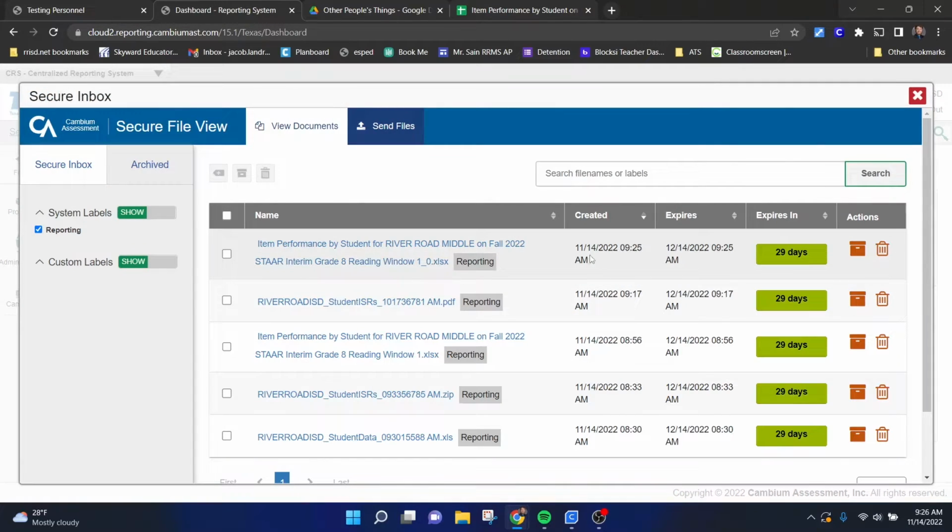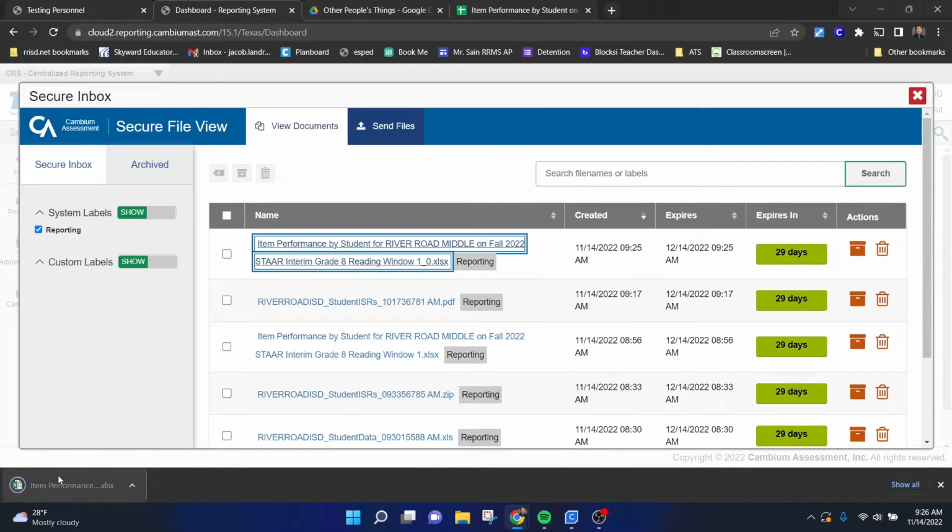And then it's already done. So then you just click on it and it will download. Now you can click this and open it in Excel if that's what you're comfortable with. I actually hate Excel and don't use it for anything. I much prefer